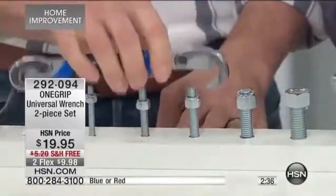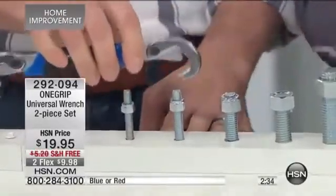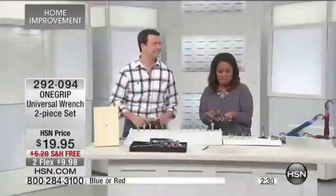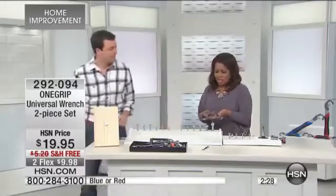Because it all happens with the one grip. You never have to worry about finding a different size. You always have the right size. And you know what? I don't know what these products cost, but even if they're inexpensive, the time that it